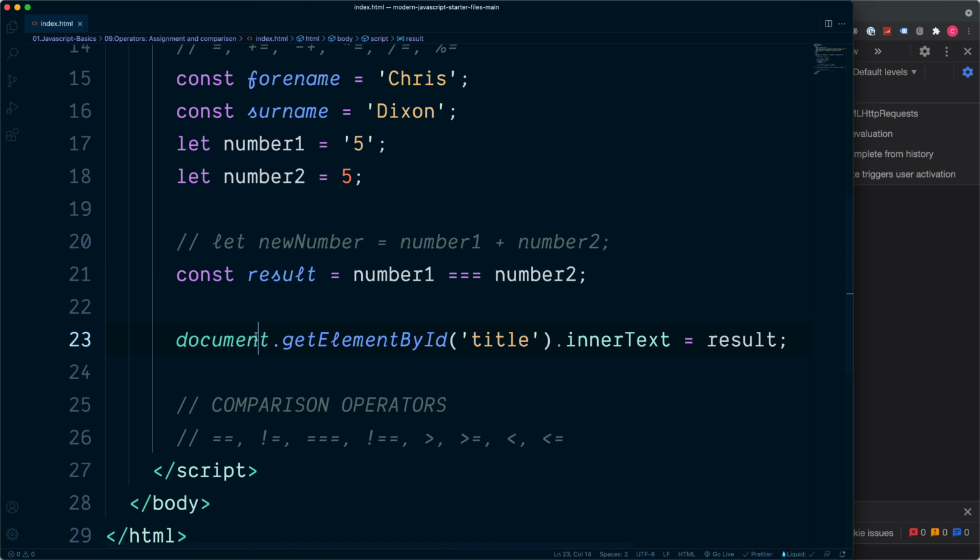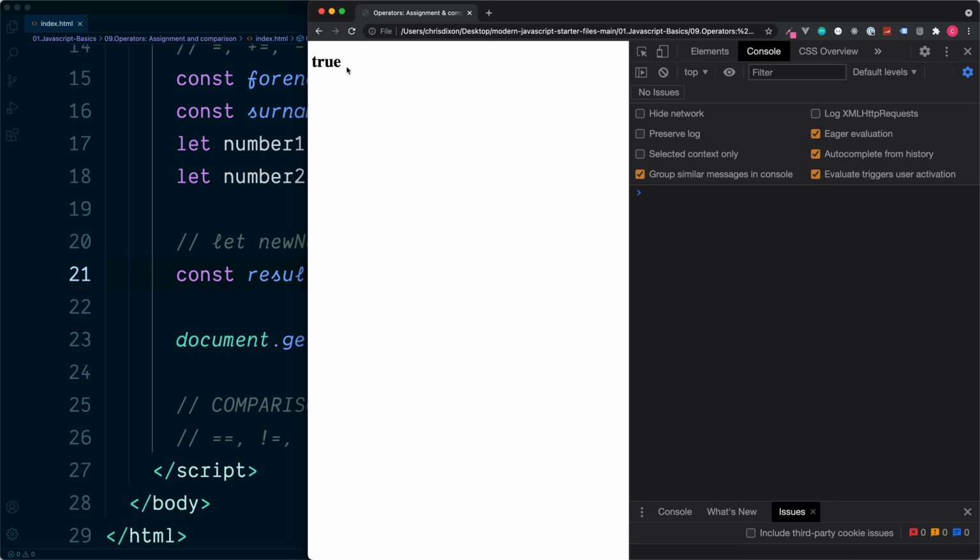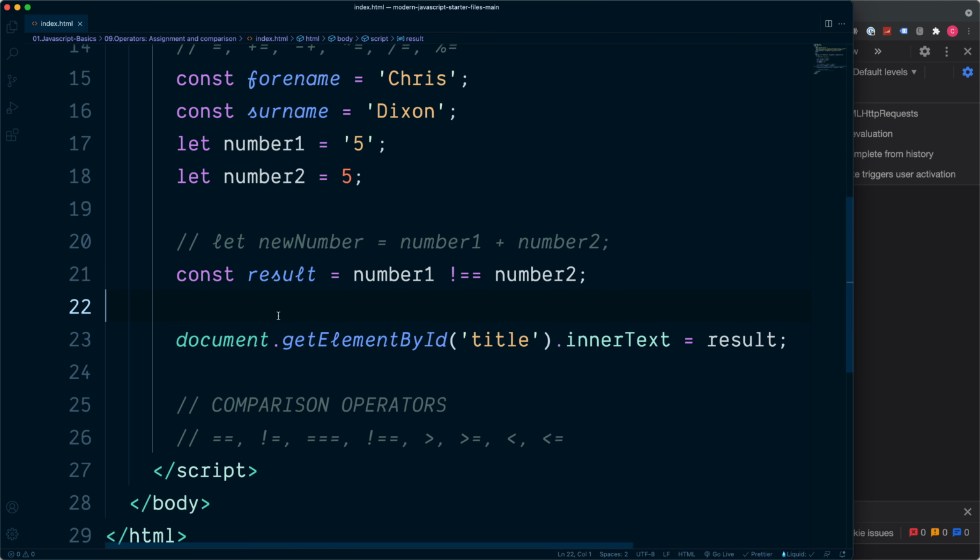If we are using the strict equality just like this, we can also still use the exclamation mark just like before to return the exact opposite. So change this to an exclamation mark, and now if we refresh the browser, this is the opposite value of true. Comparison like this is often combined with if statements, which we'll again cover later,